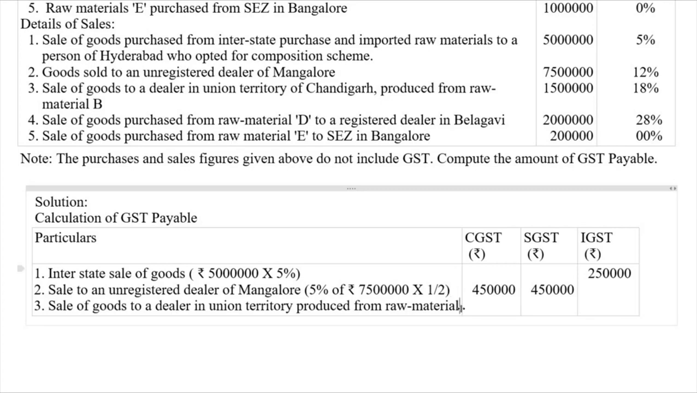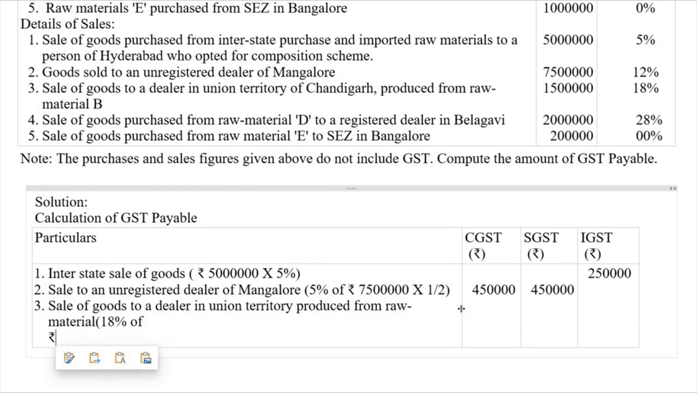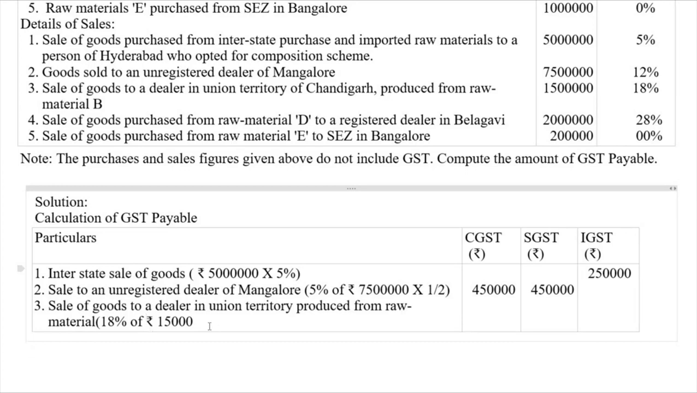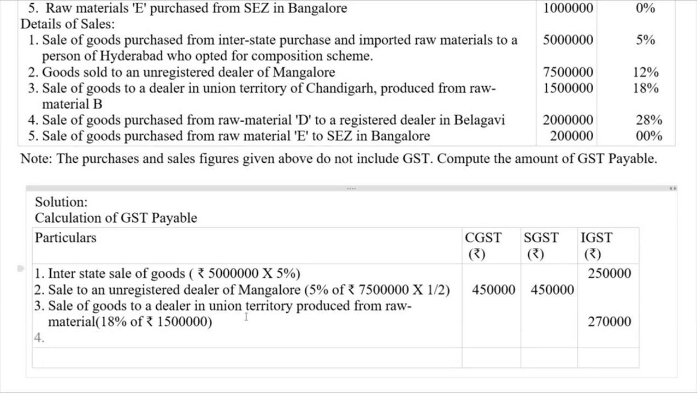So it is given as 18% of, let us take in the bracket, 18% of rupees 15 lakhs. So IGST is to be paid here. It comes to 2,70,000. Next, number 4 here,